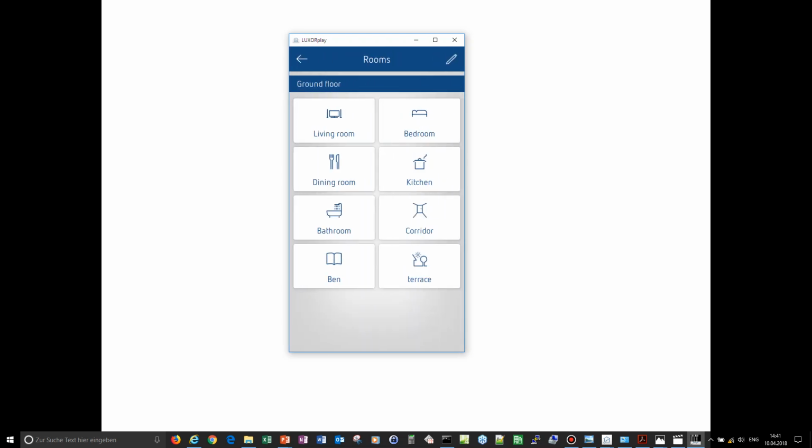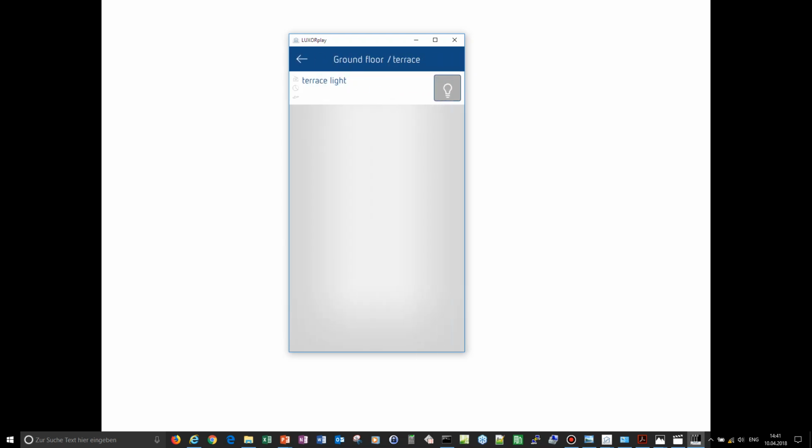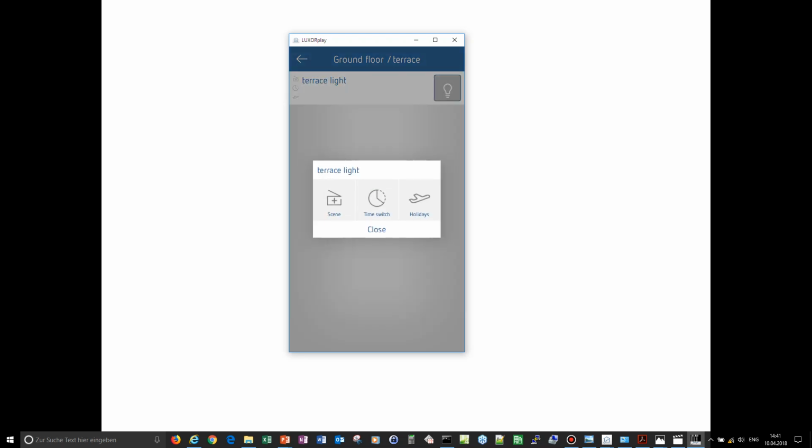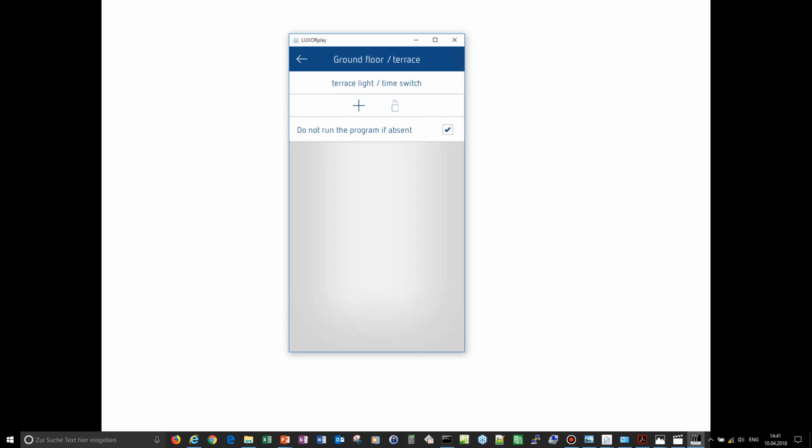I have created a terrace light which we want to switch on. As you can see here, it's working and I can switch it on and off directly via the visualization. Anyhow, on the left side of that field, you can see a few grayed out icons. I will click in that area, and here we can modify and create new time switches, timers.